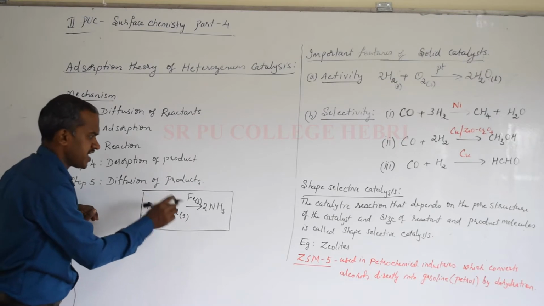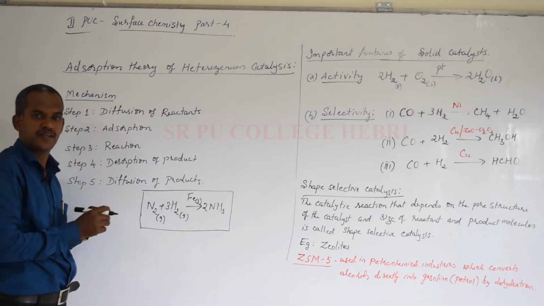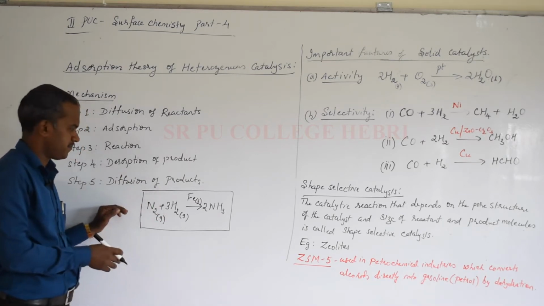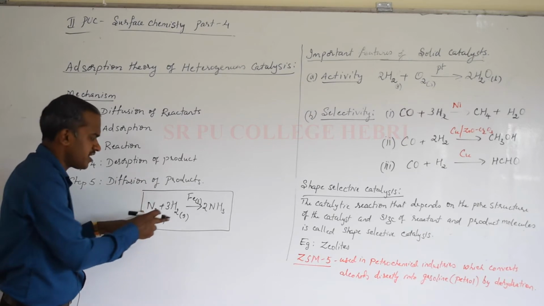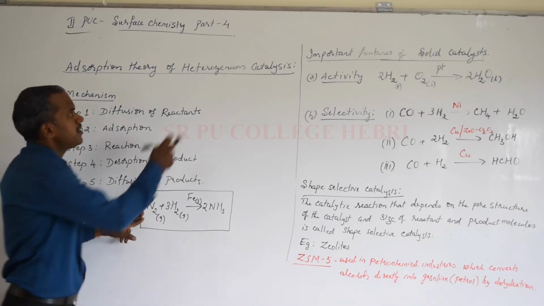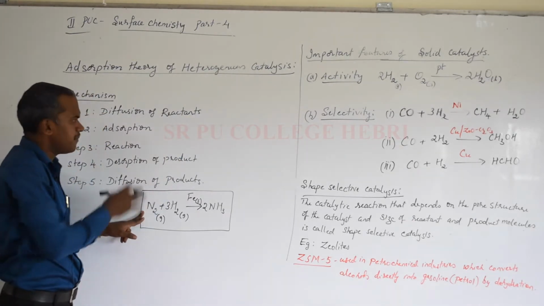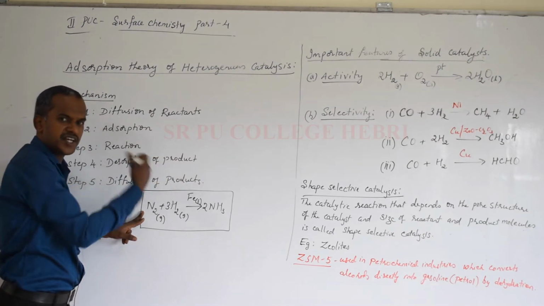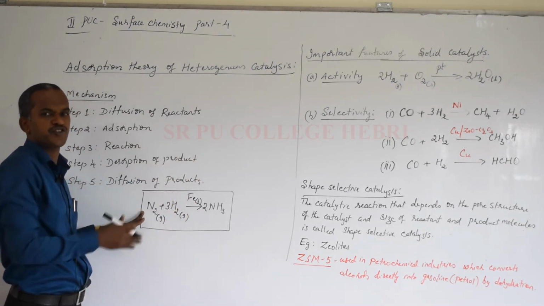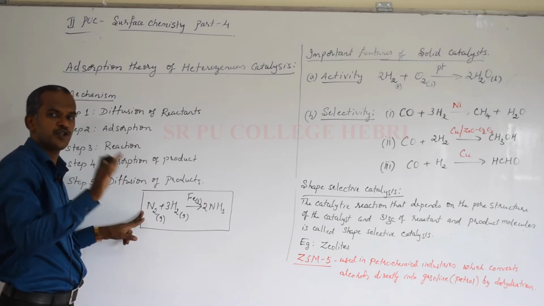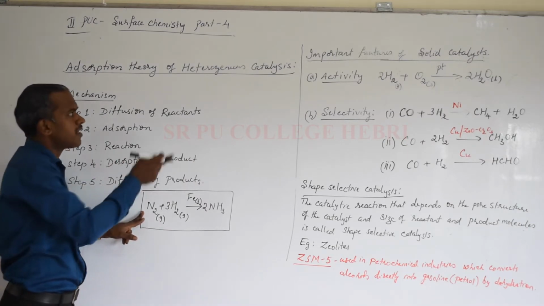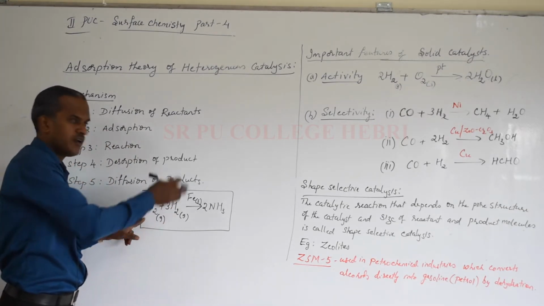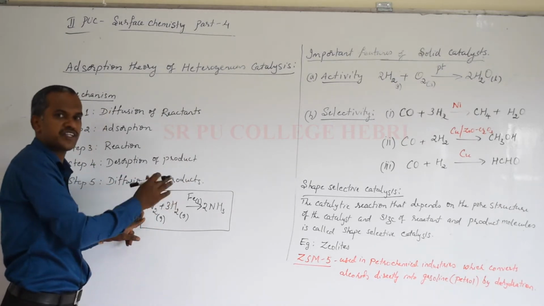In such heterogeneous catalysis, how can you understand the adsorption theory? It can also be studied as the mechanism of adsorption or mechanism of catalysis. Now why do we have to consider heterogeneous catalysis only? You may ask a question, why not homogeneous catalysis? It mainly works on the principle of physisorption. After accumulation of the reactant molecules, there is a reaction which converts the reactants into products, and after formation of products, those products get detached. Among physical and chemical adsorptions, we know physical adsorption is reversible. Here we discuss heterogeneous catalysis, how it works, what is the mechanism.